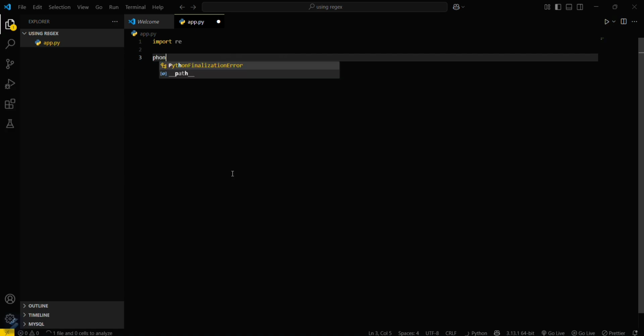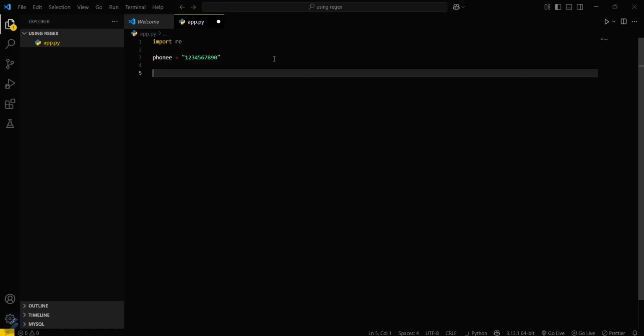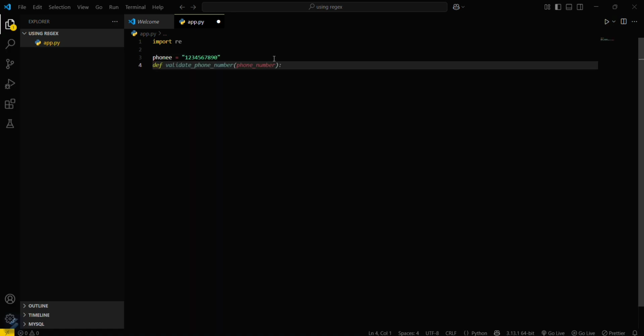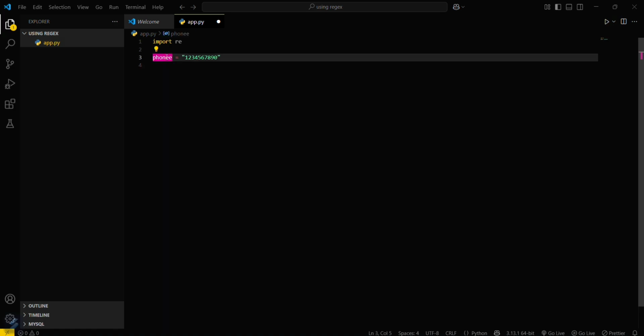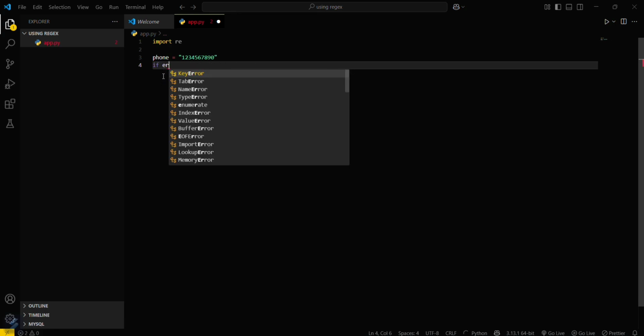Phone equals, we can take this example, but we have to remove these hyphens. Then, okay, firstly let's fix this error. There was some misspelling there. Okay, then if re.match,